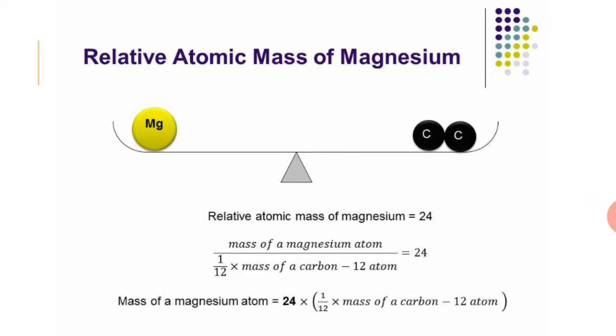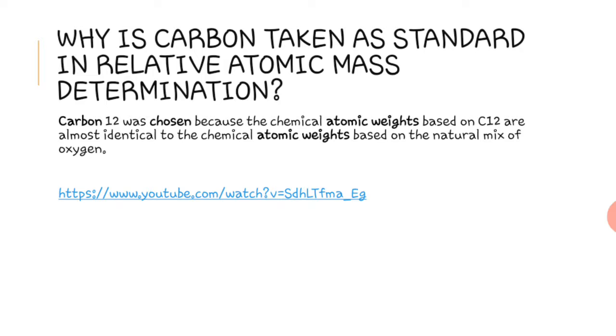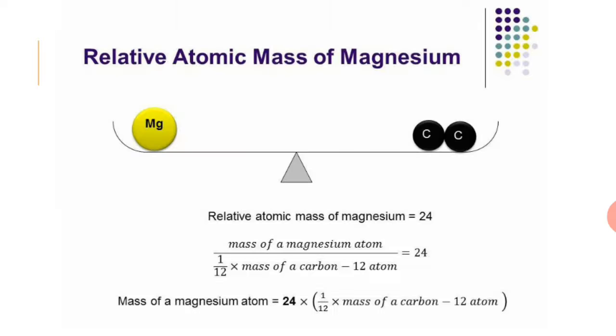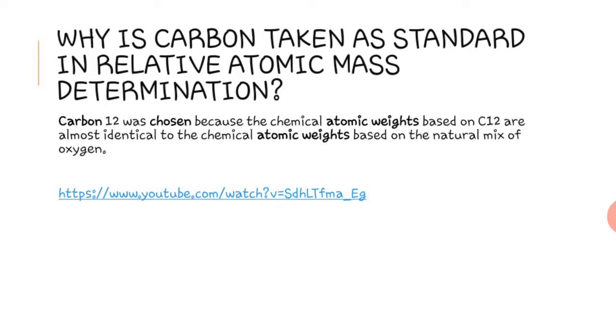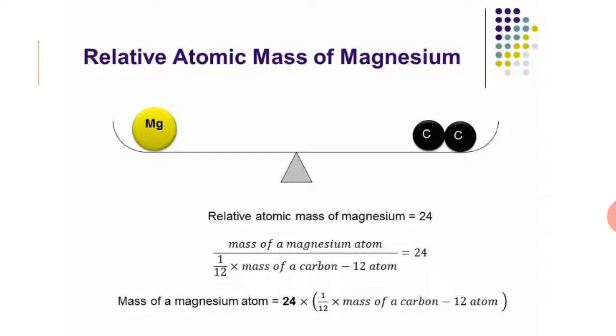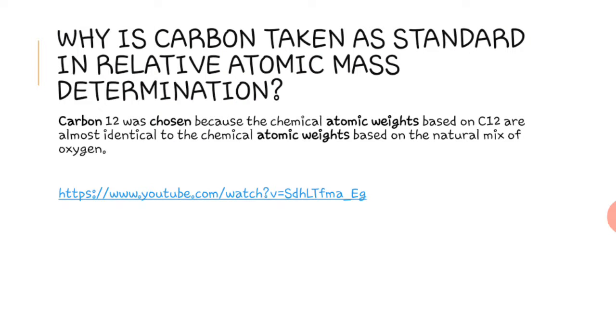You can say that carbon-12 was chosen because the chemical atomic weights based on C12 are almost identical to the chemical weights based on the natural mix of oxygen. There is a link shared here, you can Google it. They have really well defined the relativity of atomic masses with the carbon-12